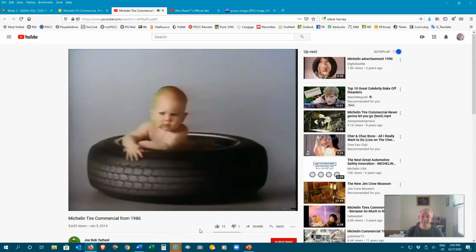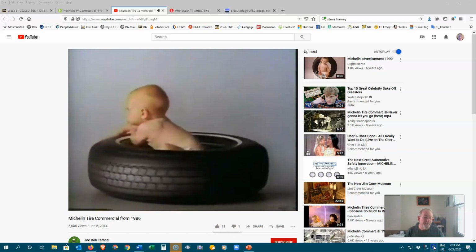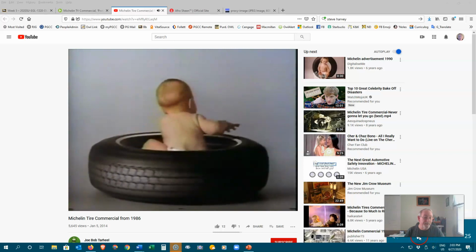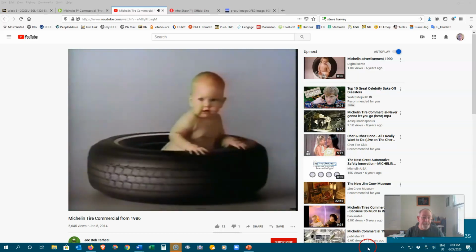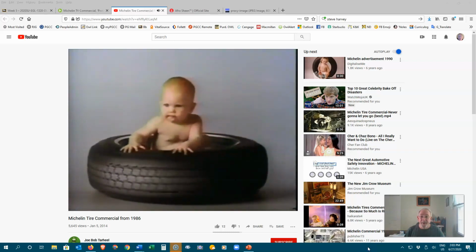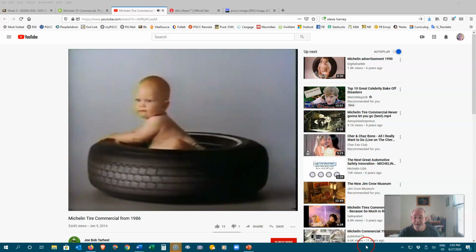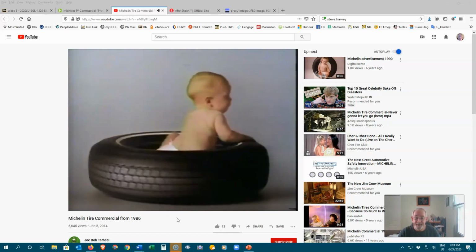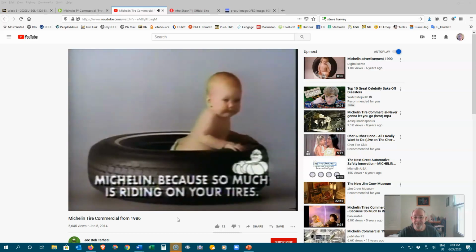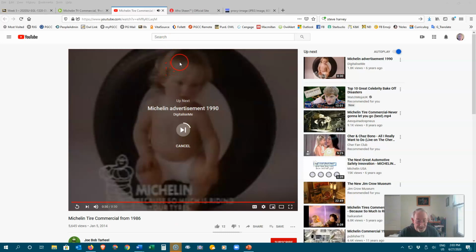I'm thinking about buying some Michelin radials. How come? Well, Michelin's really last. What do you base that on? Experience. I got 60,000 miles from my last set. Pretty good. But your car's getting old. It's just not worth Michelin's anymore. You're right. But who's buying them for the car? Michelin, because so much is riding on your tires.